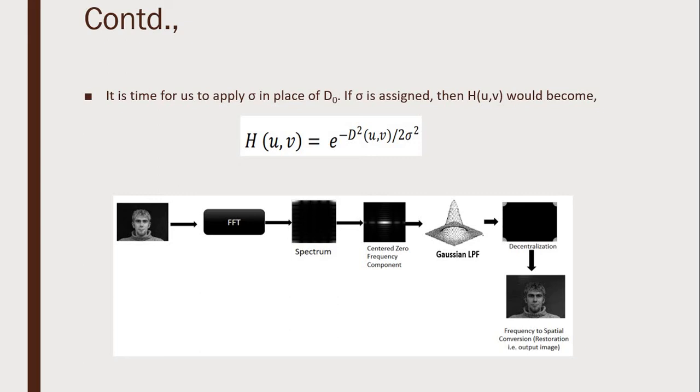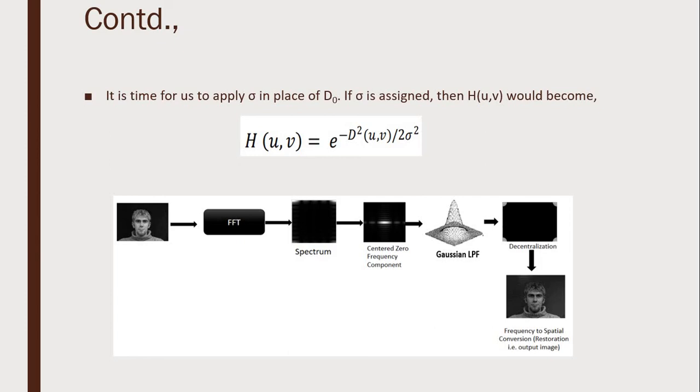Well, the process is very simple, and before we go into the complete cycle, we will have to understand what will happen if you replace D0 with sigma. In the place of D0, if you apply sigma, you get the equation rephrased as presented in front of you. I request you to go through it once.